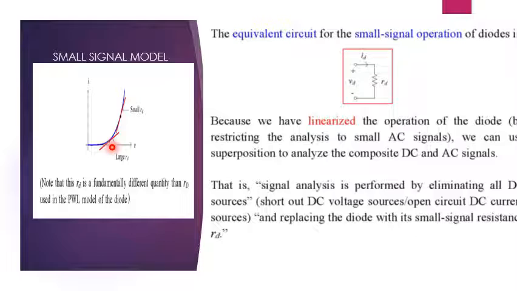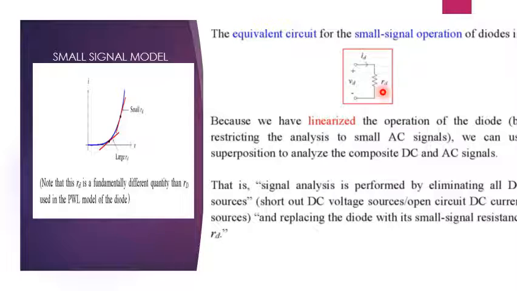As I told you, if I have a Q point here, this is a large signal operation. If I have a Q point here, this is actually a small signal operation. Clear? Right. So for the small signal, what I did is replace the diode with a resistance. That's it. I told you in the beginning itself that we have to take the non-linear devices and superimpose a small signal on it in order to make it linear. So we have taken a diode which had the non-linearity, in order to make it a linear one.